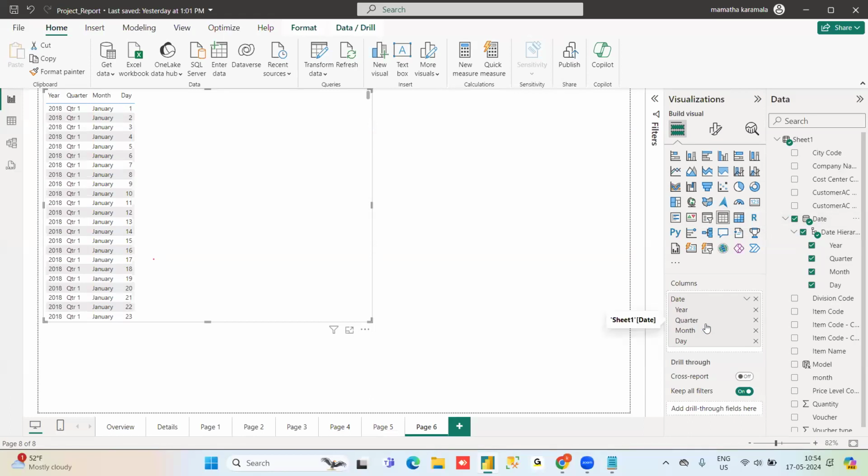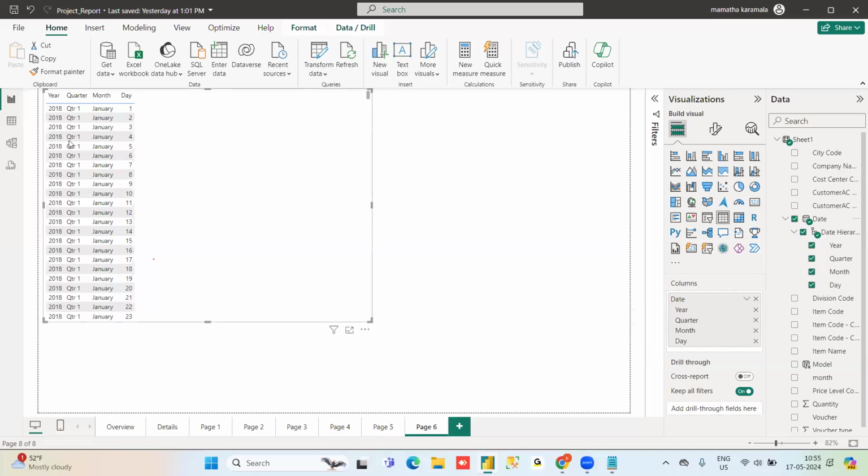There's a year, quarter, month, day coming. But in my requirement, I need to show the date in a format like MM/DD/YY or YY/DD/MM. I don't want this split. In charts, years and quarters are fine.